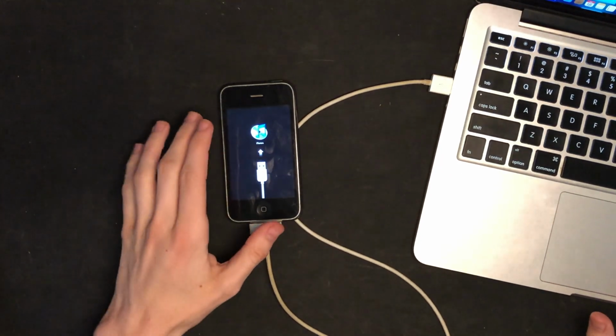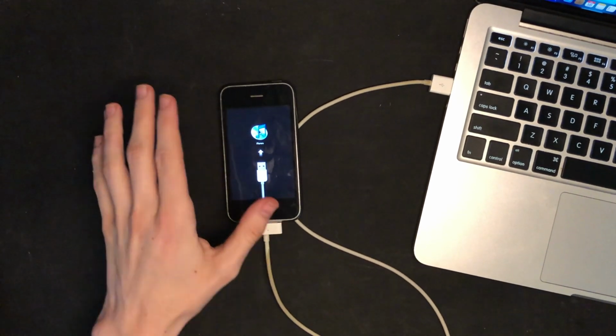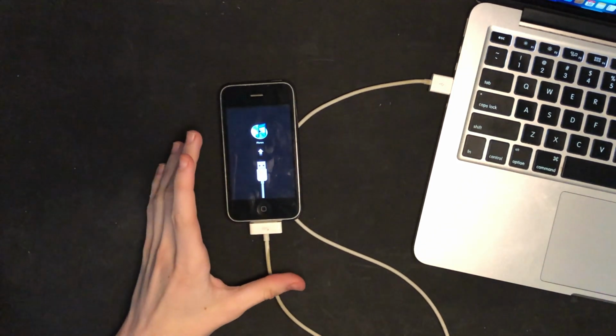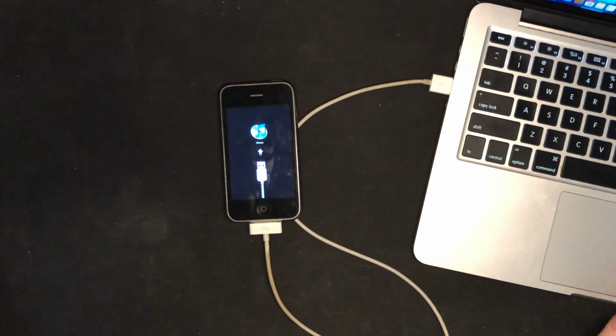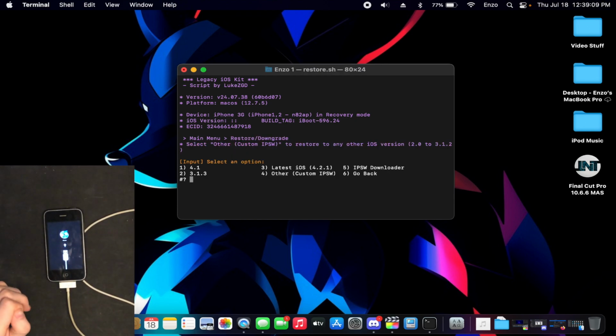Alright, so first off, we're starting with the iPhone 3G. Now, I don't have an iPhone 2G, but the 3G is basically the same exact thing as the 2G. It has the same internals, so we're gonna start with the iPhone 3G. So, here we have iPhone 3G, iPhone 1.2 in recovery mode: restore, downgrade, other utilities, exit. Now, it's supposed to have other options, but because it's in recovery mode, we can't do that. So we're gonna do restore/downgrade, and it's actually giving us a few options: 4.1, 3.1.3, and the latest, which is